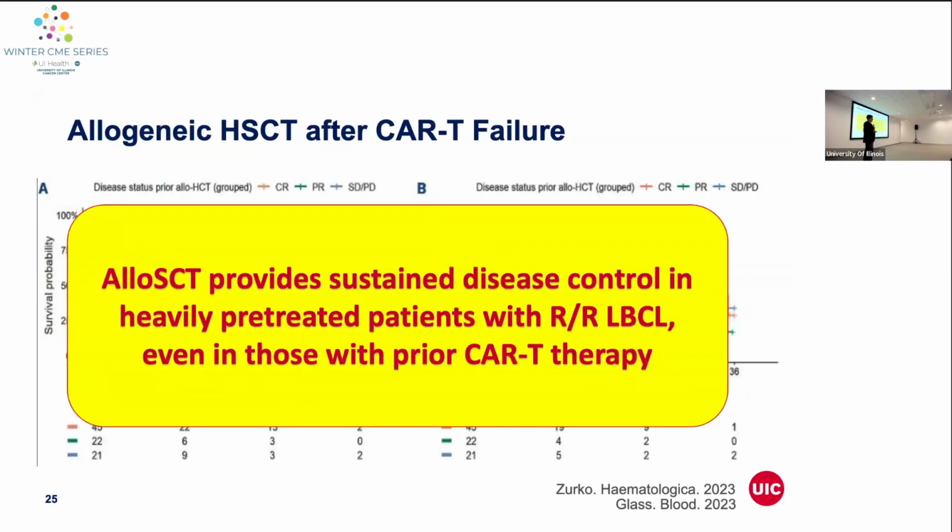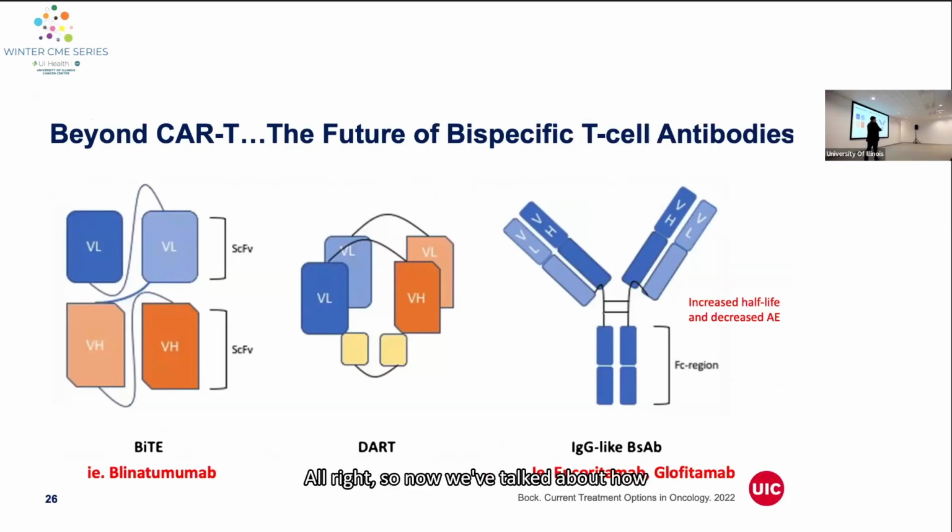Okay. All right. So now we've talked about how CARs have really changed the landscape for how we treat lymphoma. They've changed the outcomes for lymphoma. But I think it's time to talk a little bit about some newer technology as well. So I wanted to start by talking about the future of bispecific T cell antibodies in the treatment of relapsed refractory large cell lymphoma. The original one, or the BiTE, was blinatumomab,